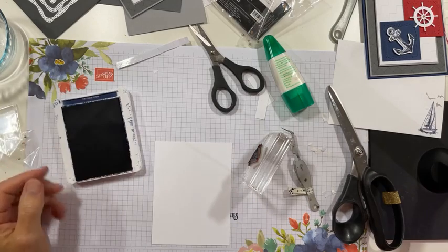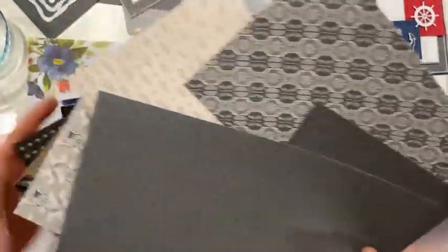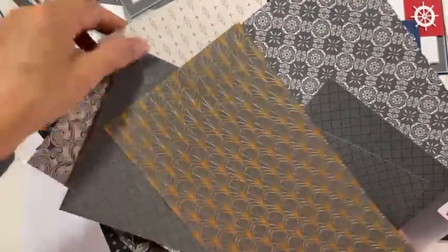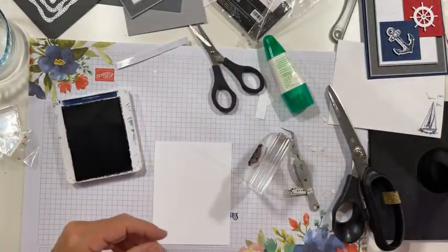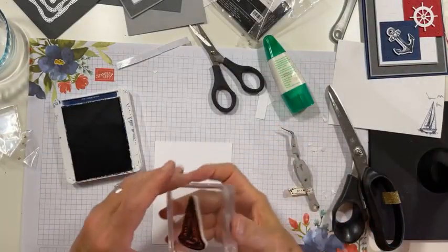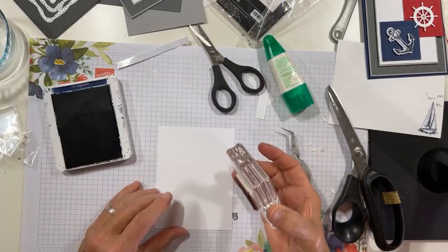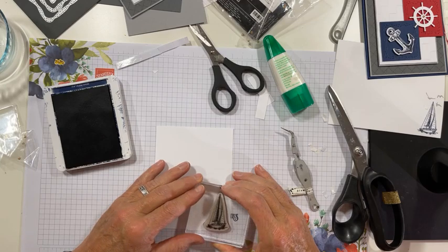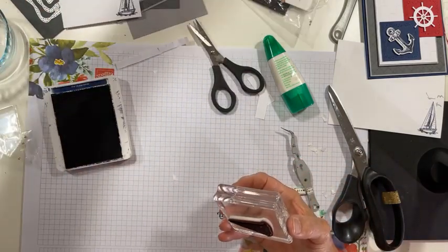Yeah. The DSP is the Simply Elegant DSP. And it's the one that has the pretty embossing on one side and the not embossing on the other side. So, what kind of an unexpected choice, but I like how it looks. All right, now I'm going to stamp this in the bottom corner. This is the smaller of the sailboat images. And while I have that out, let me just pull out my envelope